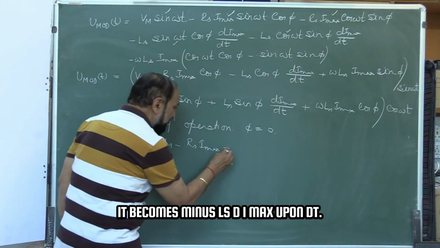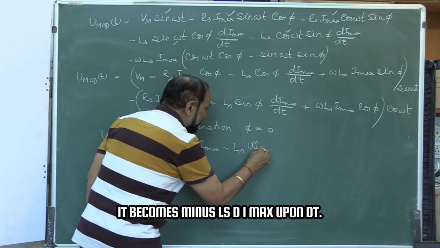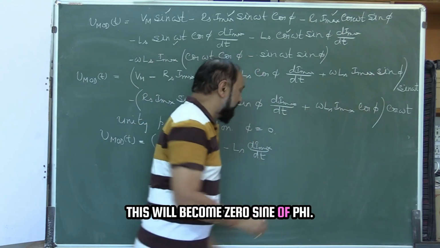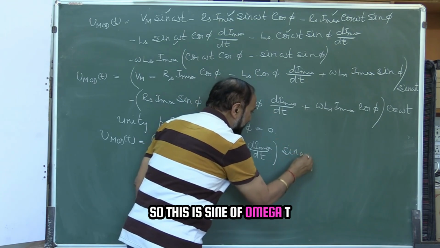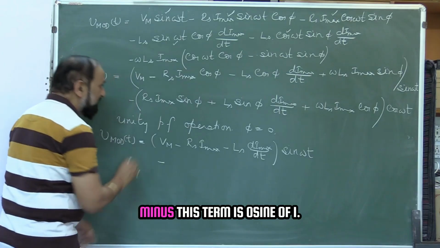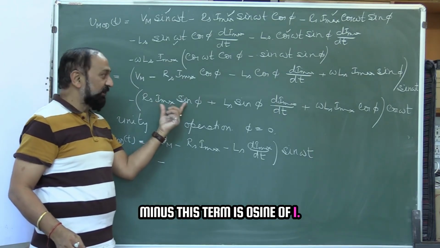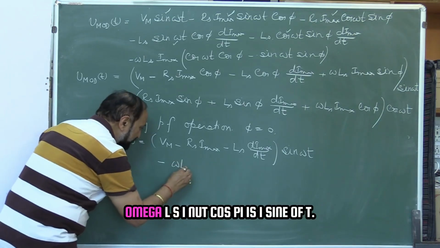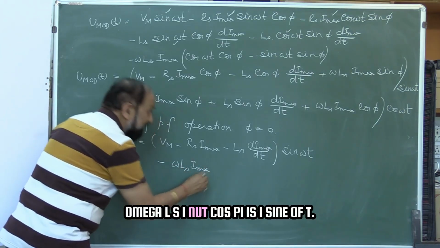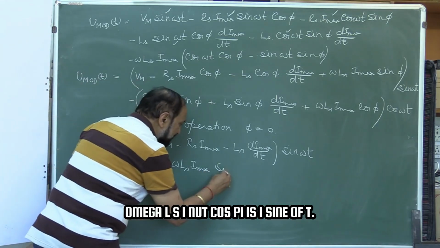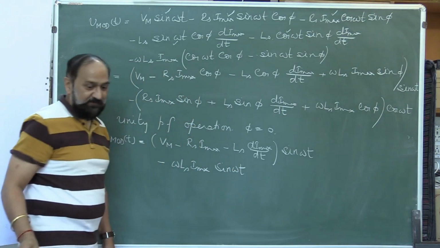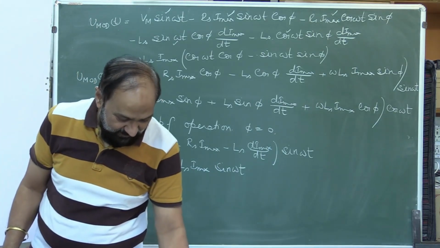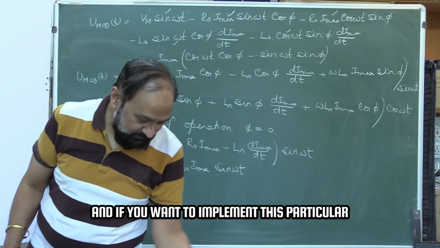It becomes minus Ls d I max upon dt. This will become 0, sine of phi. So this is sine of omega t minus, this term is 0, sine of phi. Only this term is left out: omega Ls I max cos phi is 1, sine of omega t. So for unity power factor operation, this is the equation. And if you want to implement this particular equation,